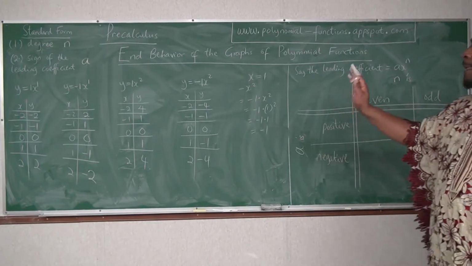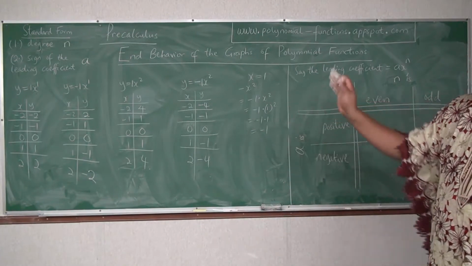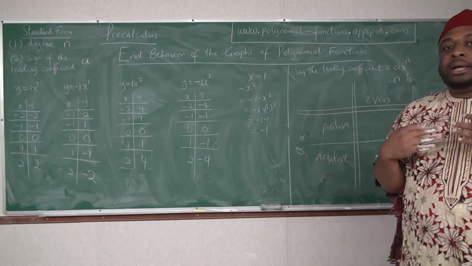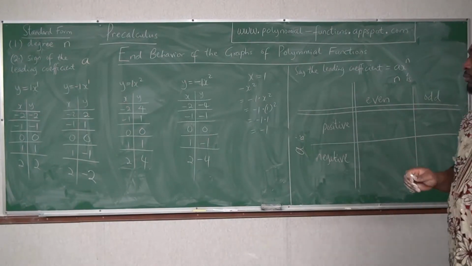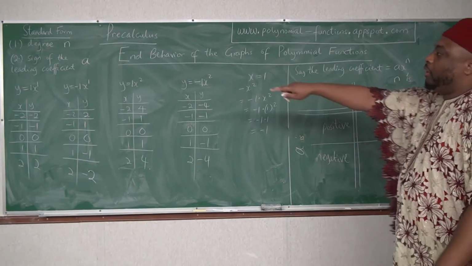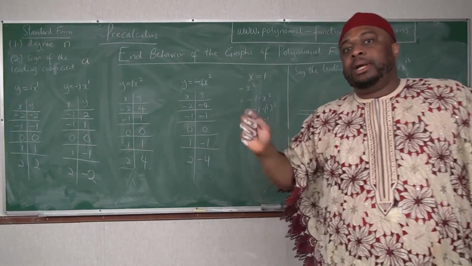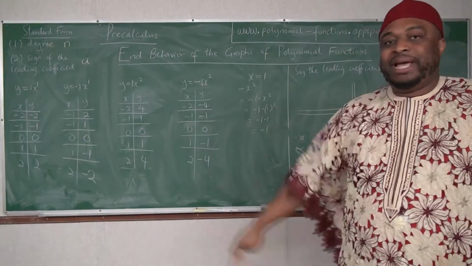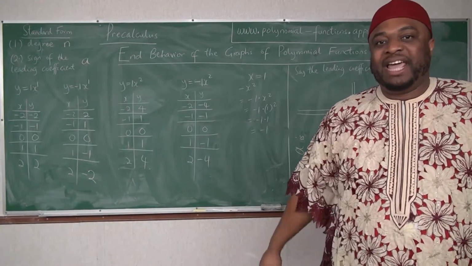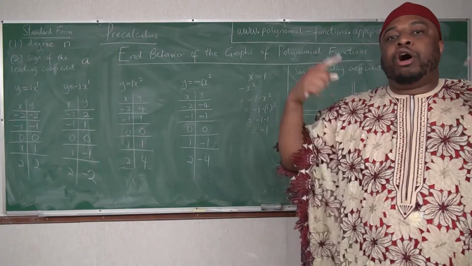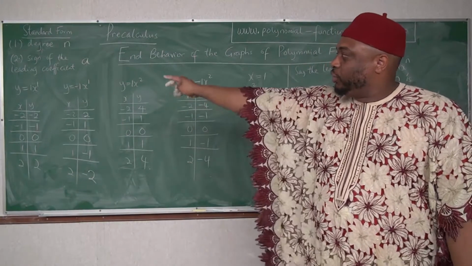Alright, so here, as you can see, this is all you need. With this table of values, folks, I'm good. Honestly, with this table of values, just watch what I'm going to do. Now, for x to the exponent 1, x cubed, x to exponent 3, x to exponent 5, x to exponent 7, for all of these, the trend you see here for this first one,